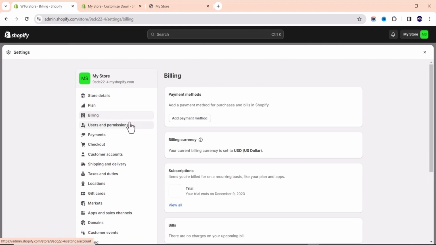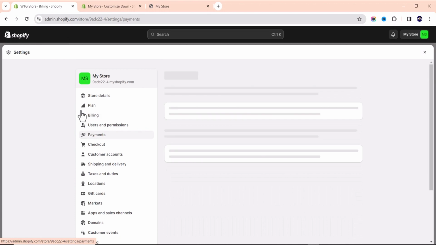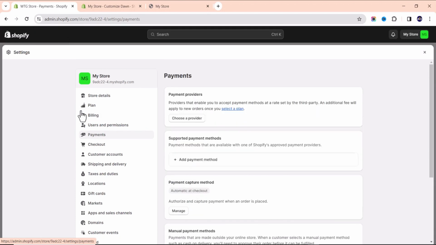This is where you can add a payment method on your Shopify store if you want to upgrade your plan. So I don't really need to talk about this yet. And then your payment, which is one of the major things that I need to talk about, is how a user can make payments on your store. So there are several methods to do this. First thing is to enable a payment provider. Just click choose a provider